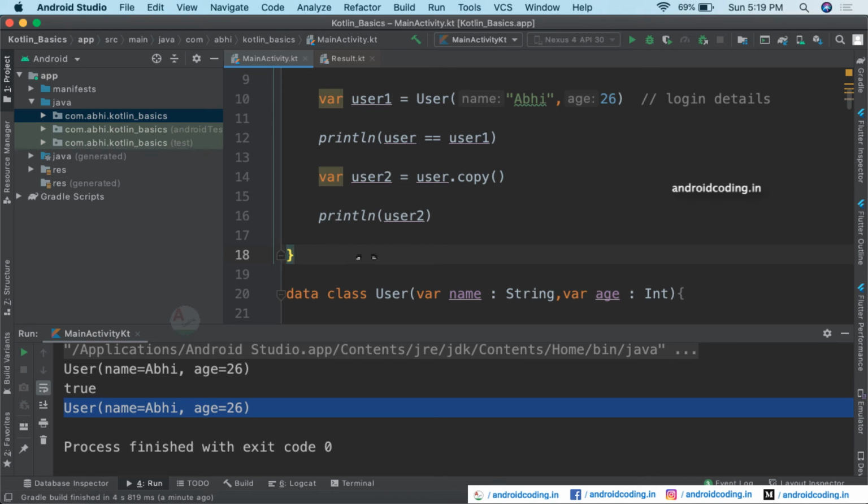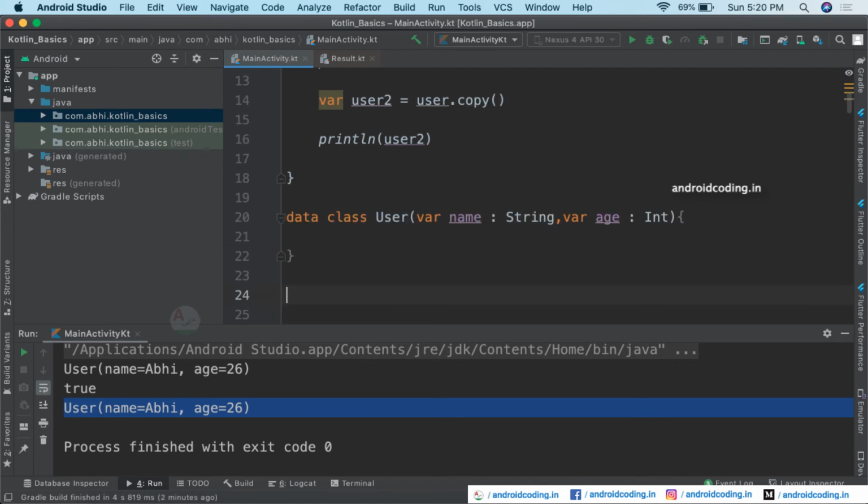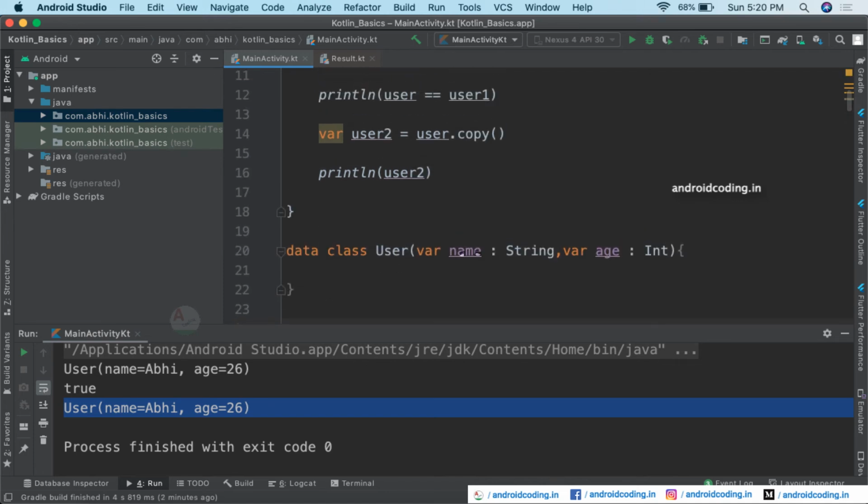So in Java, if you want to get the functionality of a data class, you need to provide some code for it. In Kotlin, it handles the boilerplate code and directly provides you the mechanism of getting the required output. And the requirement for a data class is that you must have at least one parameter here. So now let us try to remove these parameters, and here you cannot make it a data class now.